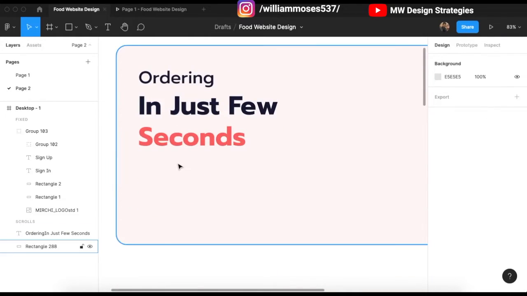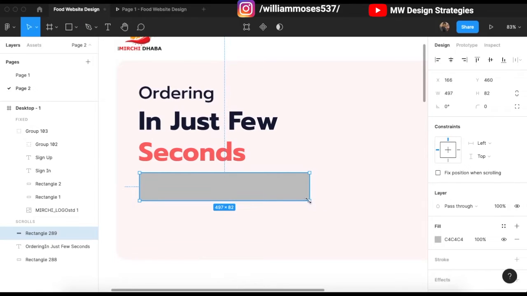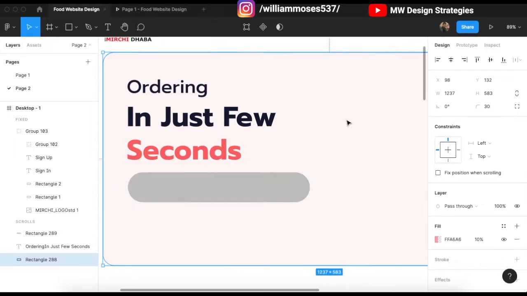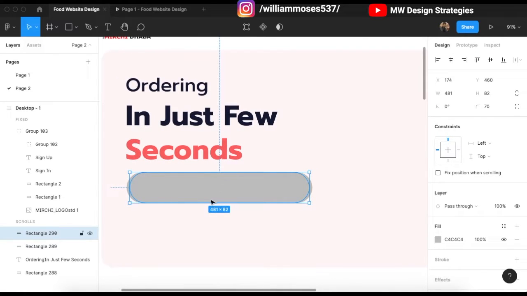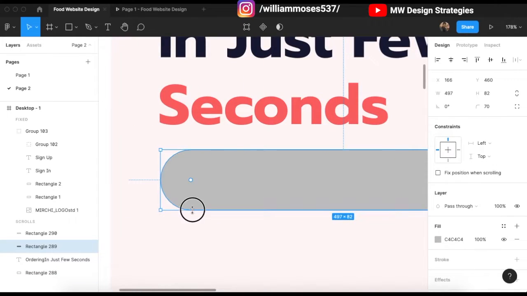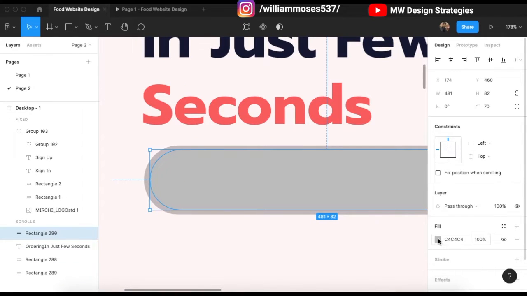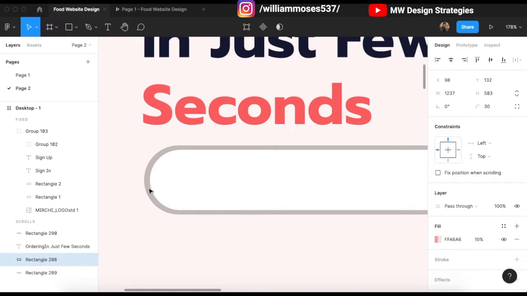Search section here, search bar. Okay, so first go to the above section, select rectangle. Now create a rectangle like this. Okay, and give effective corners so that it always looks good here. Now duplicate your layer, create another shape because we have to give a side border as well. So make sure that you have duplicated your layer and create a new one, and make the first one proper white, and the second layer you have to create